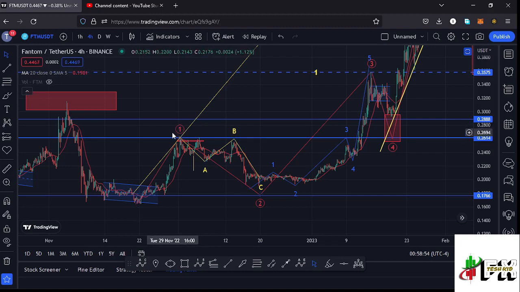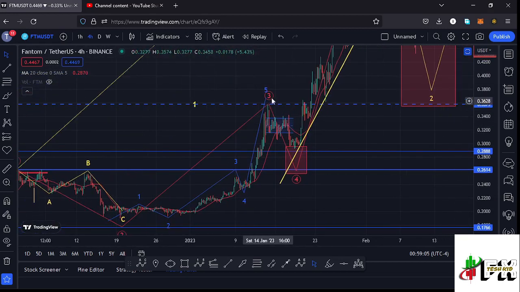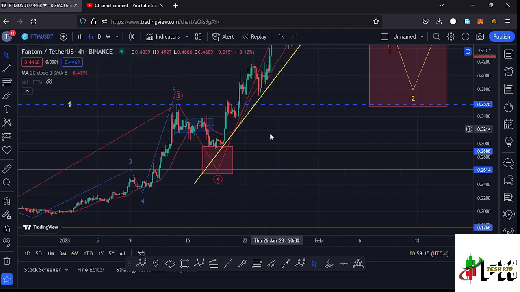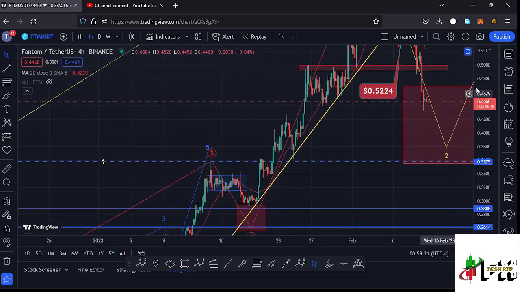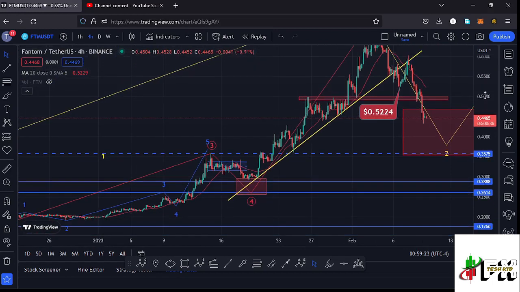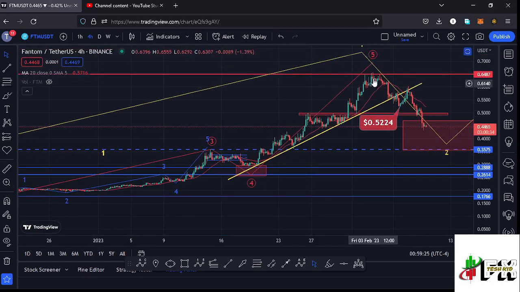And after seeing the high for that wave 1, we started a corrective structure, having this ABC corrective structure, fully maximizing the formation of that wave 2 before we started another bounce to the upside in what I'm terming as that wave 3, making its peak at around the $0.3575 mark. And after seeing the high for that wave 3, we expected this retracement in the formation of that wave 4, and we saw the low for that fourth wave before we started another massive bounce to the upside in the formation of this wave 5, which has now given us a peak at around the